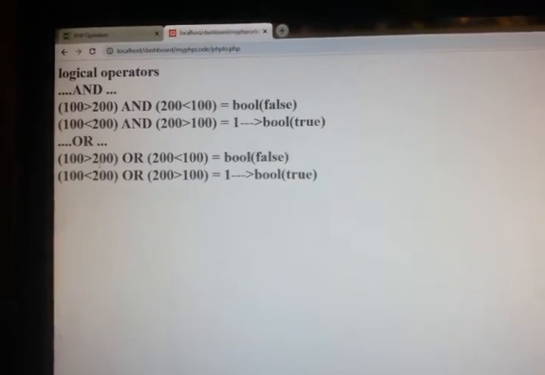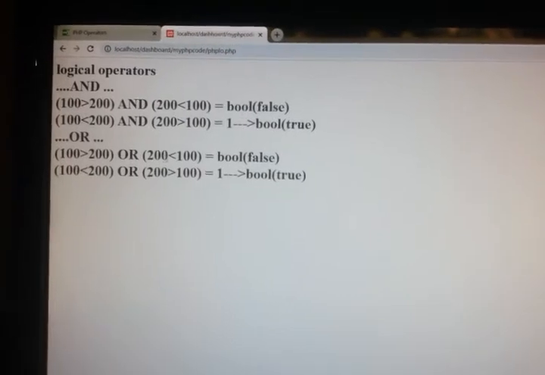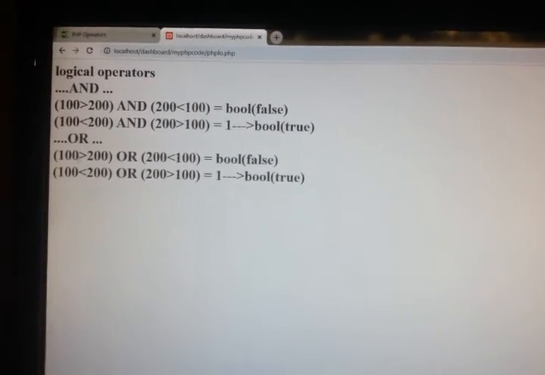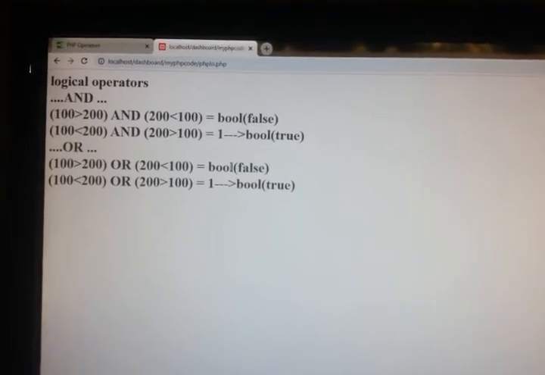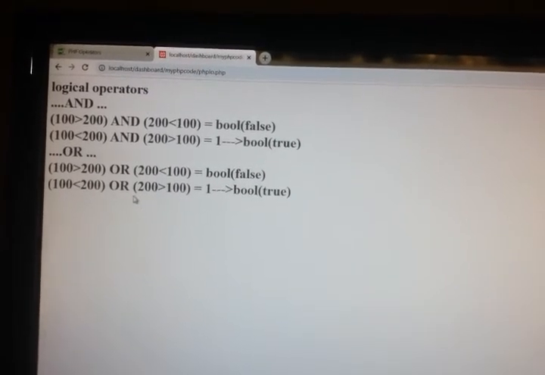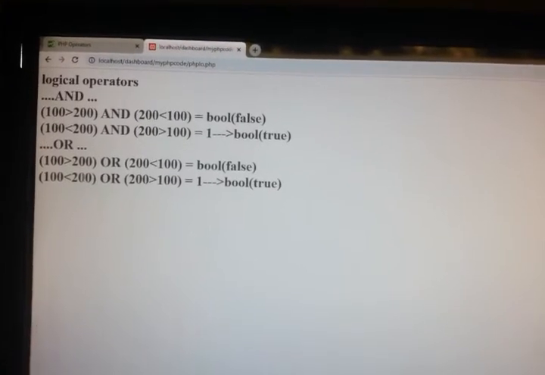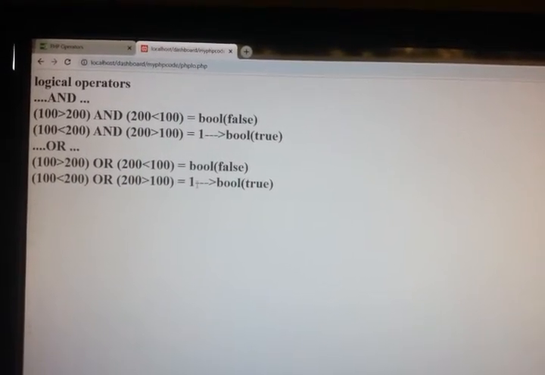100 greater than 200 is a false statement. False, or 200 less than 100, this is also false. So false, false means you will get false. 100 less than 200 is false, or 200 greater than 100 is true. So one false, one true is 1. That is true.